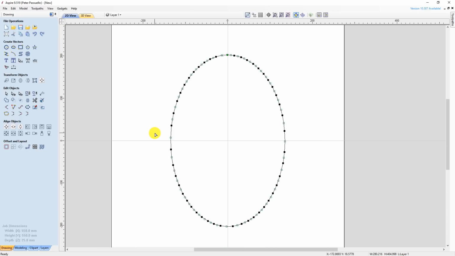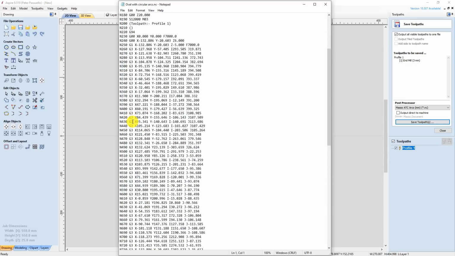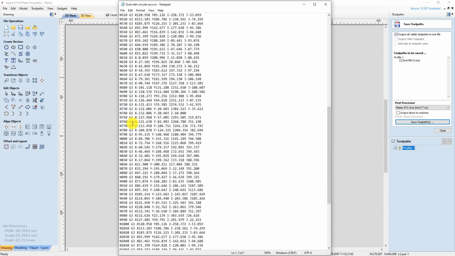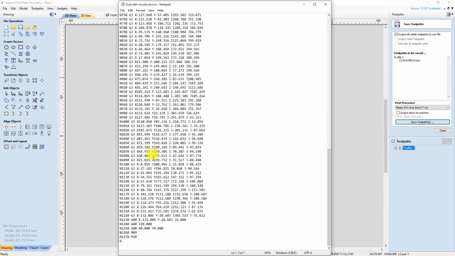So what we'll do now is output this to Gcode and see what it looks like. So here we have our new Gcode, and as you can see now it's output a whole lot of G3 moves. So it's going to be cut in a counterclockwise direction. But the interesting thing to note here is if we come down to the bottom of the file and highlight the last character in it, we can see there are